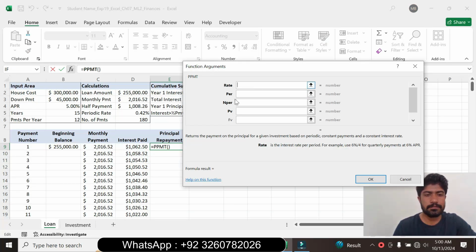Rate is D5, the periodic rate, and apply the absolute reference. Press the F4 button. Per is A9, the payment number, and NPER is D6, the number of payments. Press the F4 button, absolute reference. And PV is